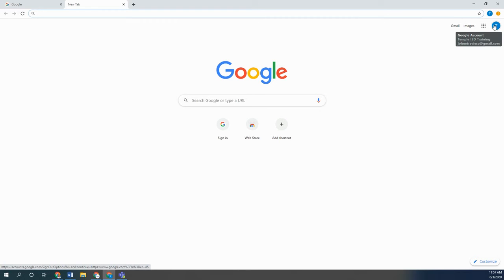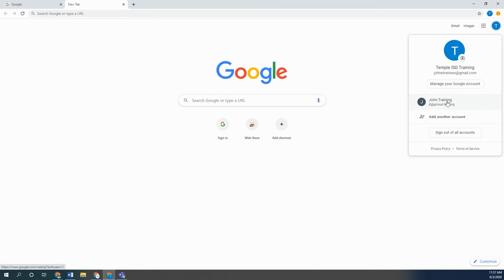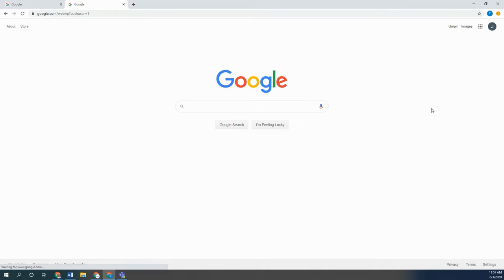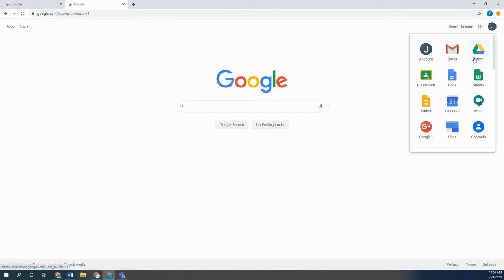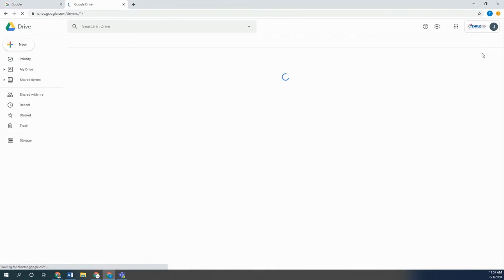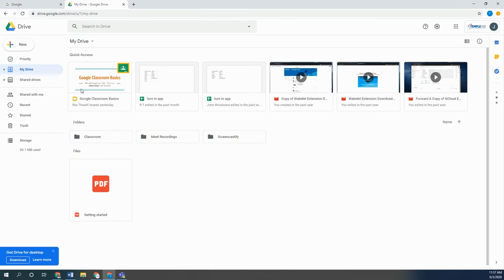Okay, but I've set up my G-Cloud information in there. So all I need to do is click on that, click on my gcloud.tisd.org account, and then now when I go to my drive, I can tell I'm in my drive. So that is one way. I can look up here, Temple ISD. It has my